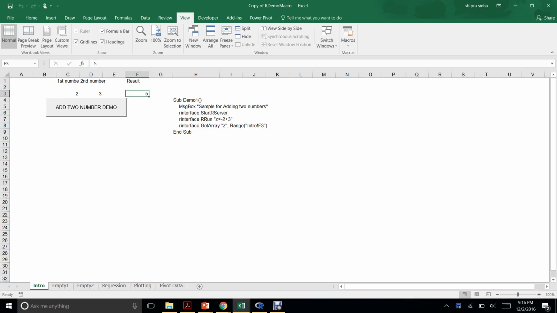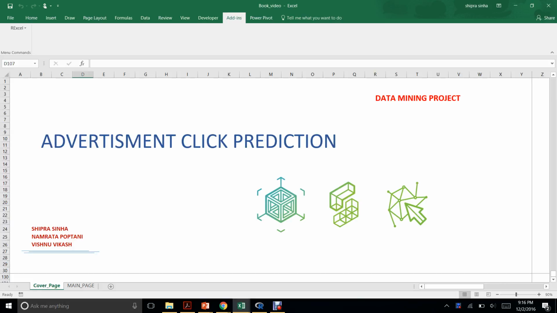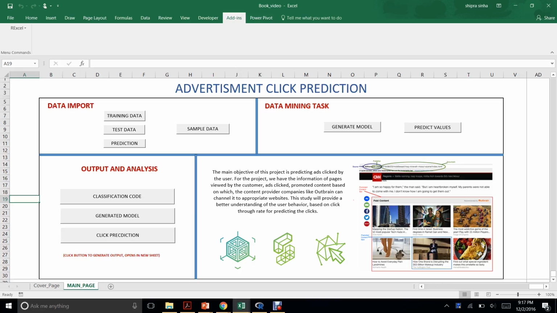Moving forward, the objective of this project is to predict how likely a user is to click an advertisement present on a web page. This main page is the main GUI for this project. It contains buttons to import data, run data mining algorithm to generate a model, use this model to predict new data, and output.